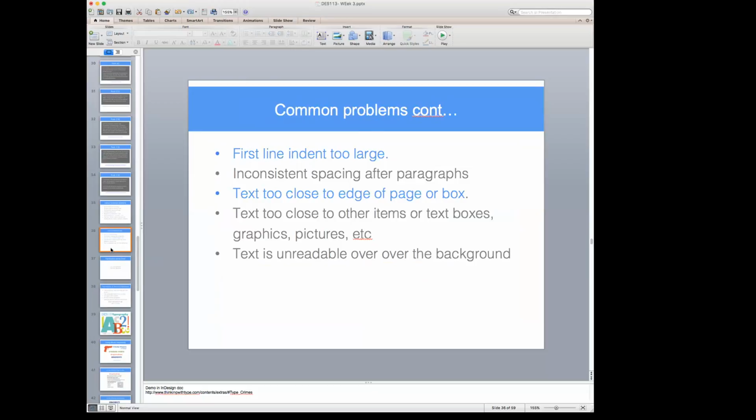Okay, also pay attention to your text. How close is it to the edge of your page? If you're seeing your text kind of go over your margin line, then that means that you're a little too close. In the print world, if you were to send it to print, it'd get chopped right off. So it's a really good rule of thumb to get in the habit of keeping your text away from the edge of the page or box, but evenly spacing it around your page, meaning you want the space on the left-hand side between the edge of your page and the text to be the same amount of space as on the right side between the edge of the page and the text. So we want even amounts of space around. Just imagine a little white border around your page. We don't want text to flow into the bottom of the page too much.